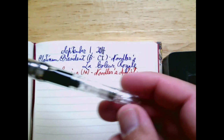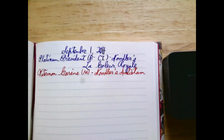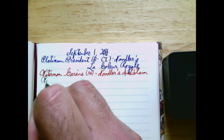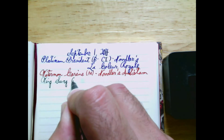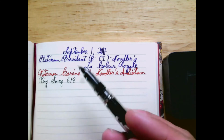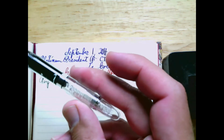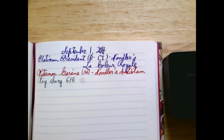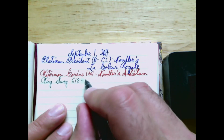All right, this one's on loan, so I have to send it back. The ink in it, he sent me a sample of Lamy Petrol. This is a pen user, not a reviewer. But this is a Wingsung 618. And you may have seen this reviewed on Chris Rapp's channel. It has a clear feed, which you can't really tell with this ink. It's a demonstrator. It's basically a Parker 51. In fact, when I film the review, I'm thinking I need to show it empty just so you can appreciate it. Which will be this weekend, so I'm going to have to put...